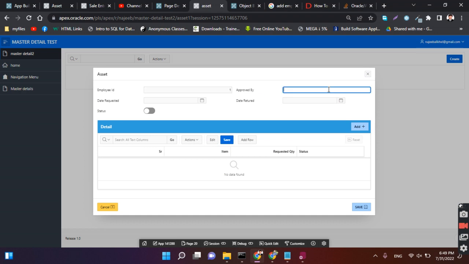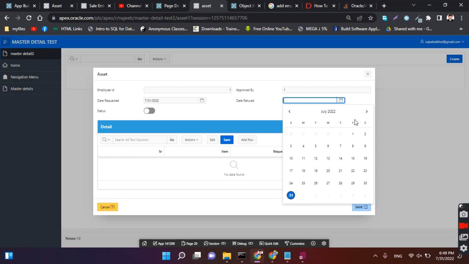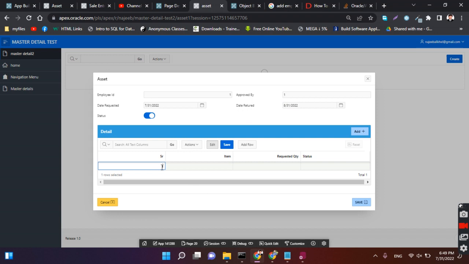Okay, let's try this. For example, one employee ID and one approved ID. And this commonly we use a select list. The date requested is 31, and date required is after date requested. Third, date returned. Sorry, and status. Serial number is 1, item number is 1, requested 5, and status is Y. When I select save,